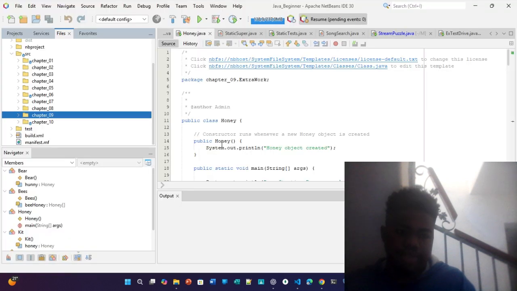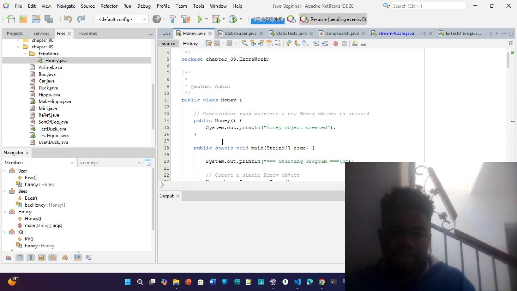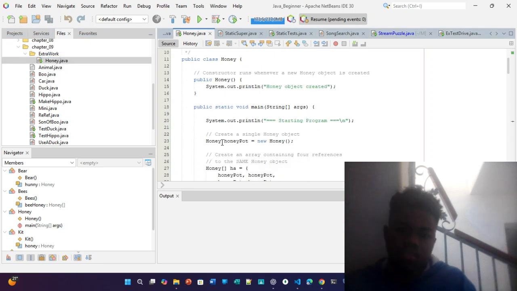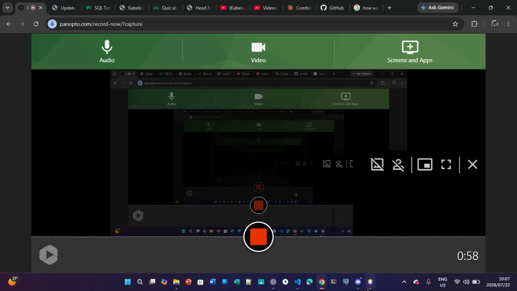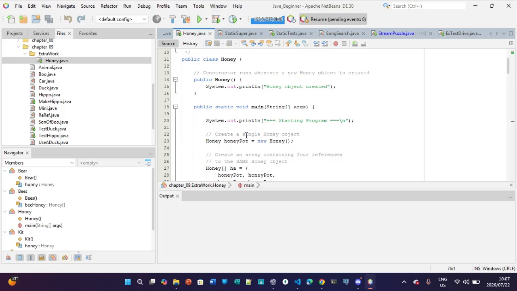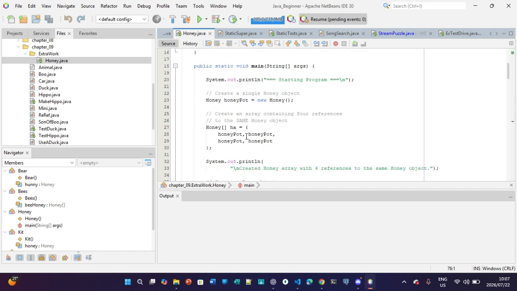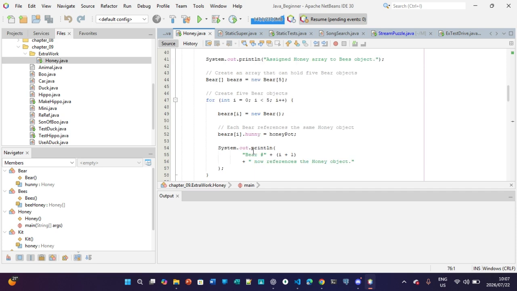In Kit.java, they have reference variables that can point to the honey object. With the public Honey, it's null until assigned, and they have the constructor that runs automatically whenever a Kit object is created, with the public Kit. And then if we go over to Raccoon.java,